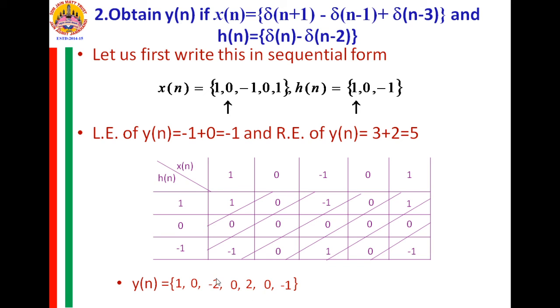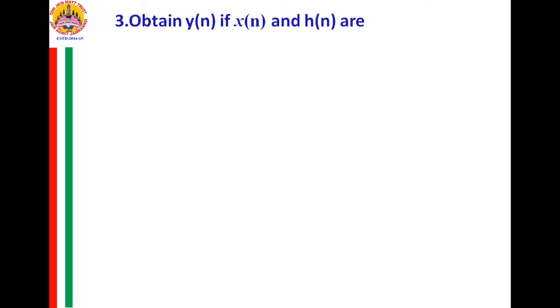Now for the 0th sample, if you see, yn starts from minus 1. So this is at n equal to minus 1, and this is the origin sample at n equal to 0. So this is yn. I hope that you will do this for xn and hn. So I expect you to pause this video, enter this in a table, get the solution of this particular example, and resume the video and see whether your answer is correct or not. Okay.